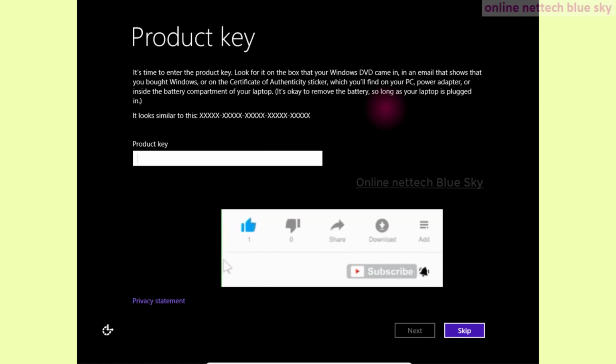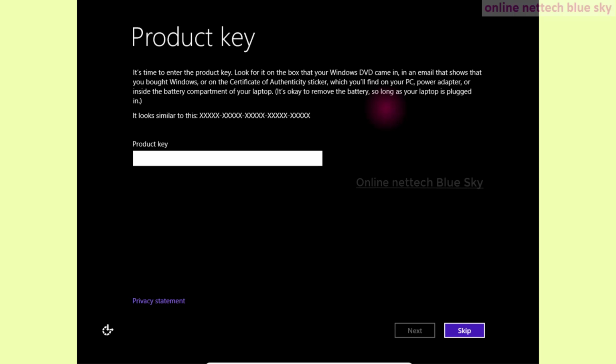Okay, so the product key is asked for my Windows 8.1 computer. You can see here, if you have already purchased Windows 8.1, it shows this type of product key. The product key is important for activating your account. I don't have the product key now, so click on skip.